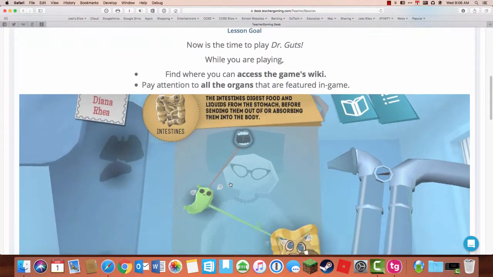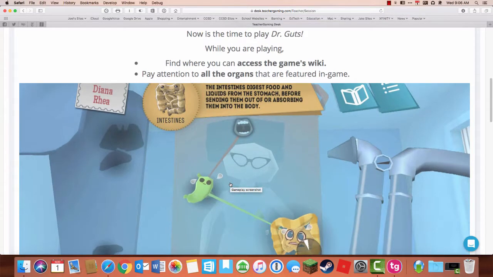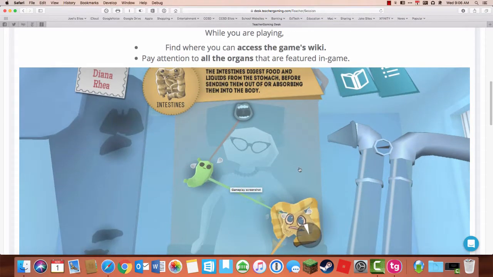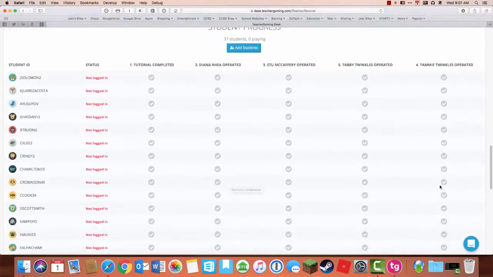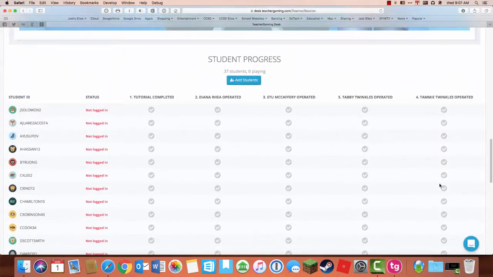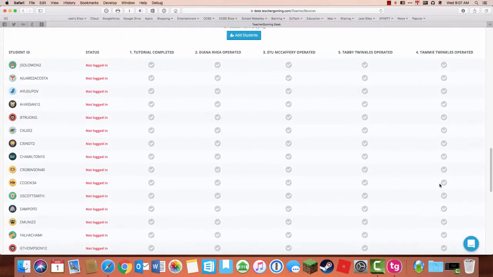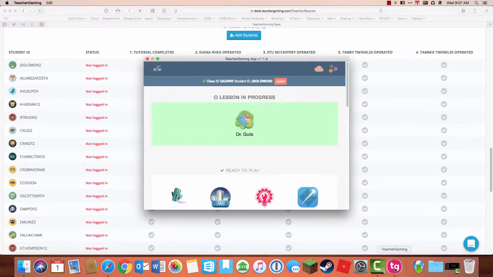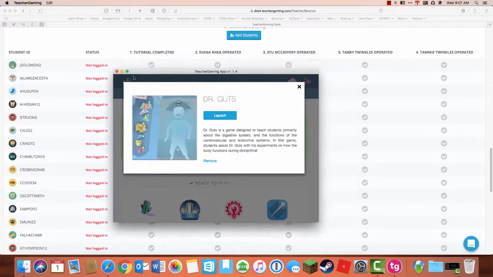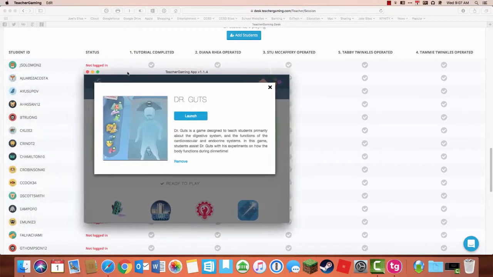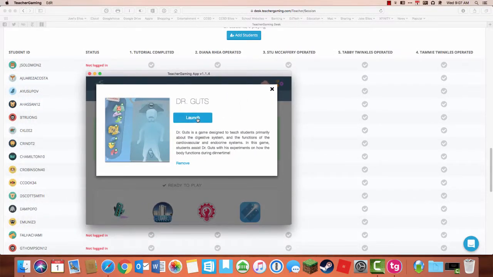So now's the time to play Dr. Guts. Pay attention to all the organs that are featured. Here you can see my name should be signed in somewhere. I'm not logged in yet, so now if I go to Teacher Gaming, you can see that there's a lesson in progress, and then I'll click Dr. Guts and launch it. Keep an eye out on my name up here, and you'll see that once I click launch,